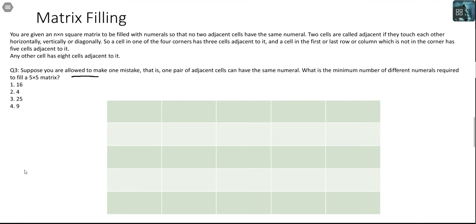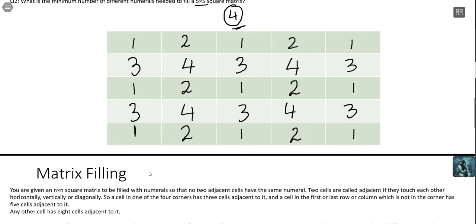your minimum number will be something that is less than or equal to 4 only. Even if you are allowed to make a mistake, that can potentially reduce the number of numerals you need. Given that we already have accomplished it without making an error with 4 digits, and among the available options the smallest one is 4, this will directly be the answer. You don't need to solve or fill up the numbers. If you want, it would be a repetition of the top table. Just go back and see.